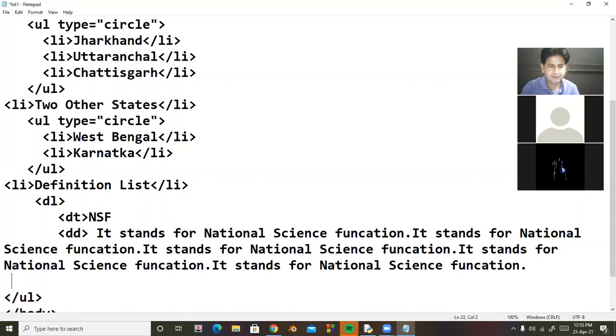And after that, second definition, ARPANET, again DD.